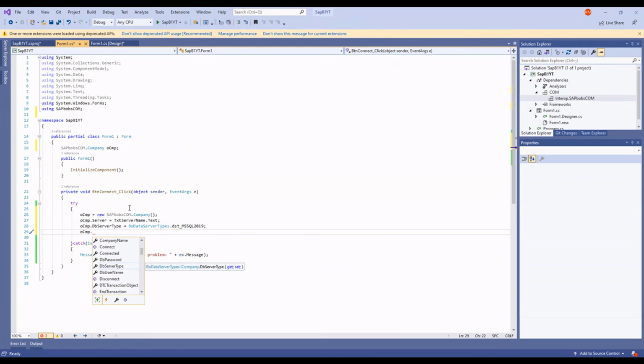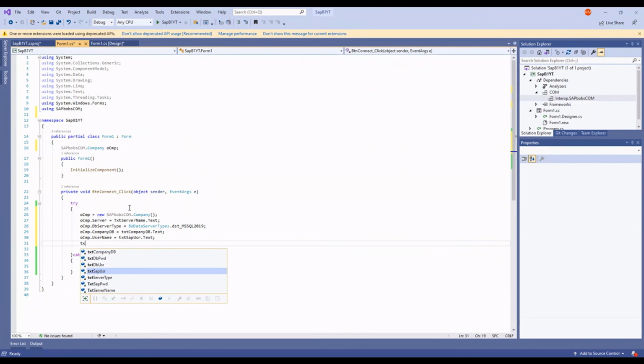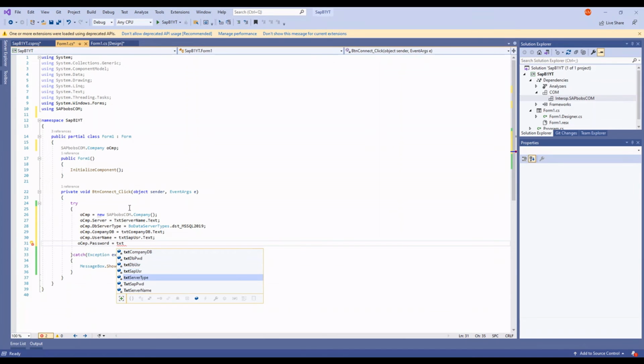Now the third thing would be the company DB name, which is coming from txtCompanyDBName.text, and then the SAP username, which is coming from txtSAPUser.text, then oCompany.password, which is also coming from another text box,